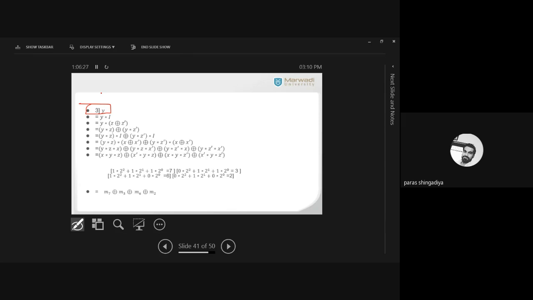Yes, all of you have checked it. So let's check it. Y is given, okay, and the data is that y star I, okay. Second variable is given. We need a third variable and the first variable, okay, in this bracket. Y star I, then after in place of y, we can start with x also here, okay. Otherwise z also. You can start with any form. So we'll add z ring sum z dash. Then after apply distributive form. So it is y star z ring sum y star z dash.